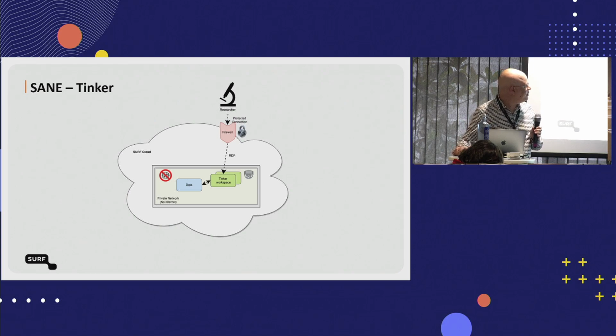And for that project, you invite a researcher based on this RDP, on this identity, and they can start a Tinker workspace. They pay for it, not the data owner, because we can use our platform with our wallets and stuff like that. And they can log in with that through RDP. It's a Windows machine for now, because we knew a bit how to control RDP. We didn't know that as well for Linux desktop environment or for Jupyter Notebook, so we have chosen Windows for